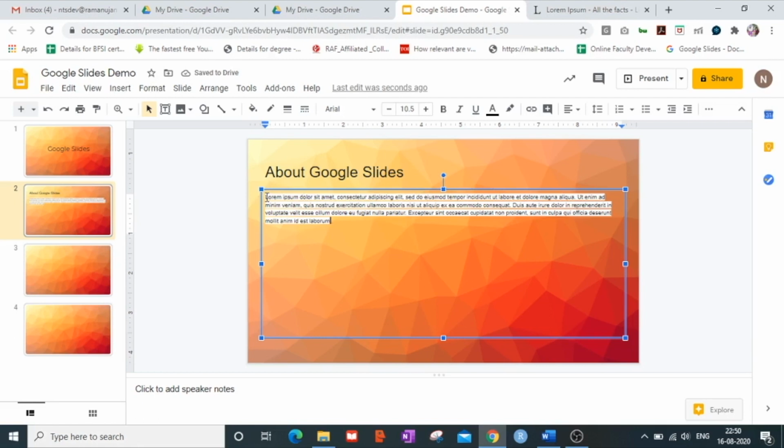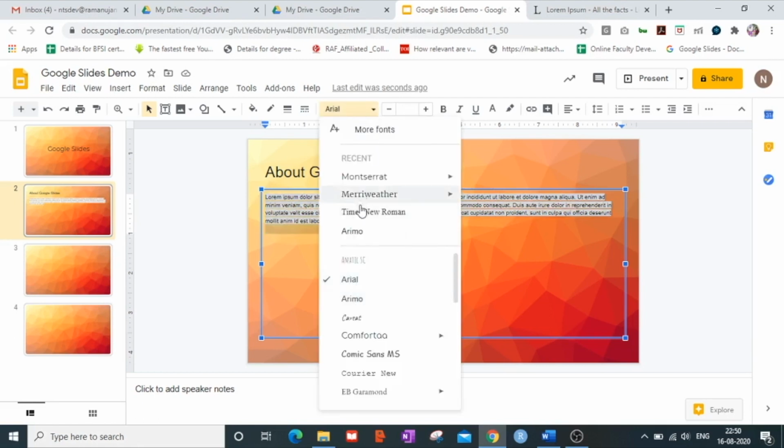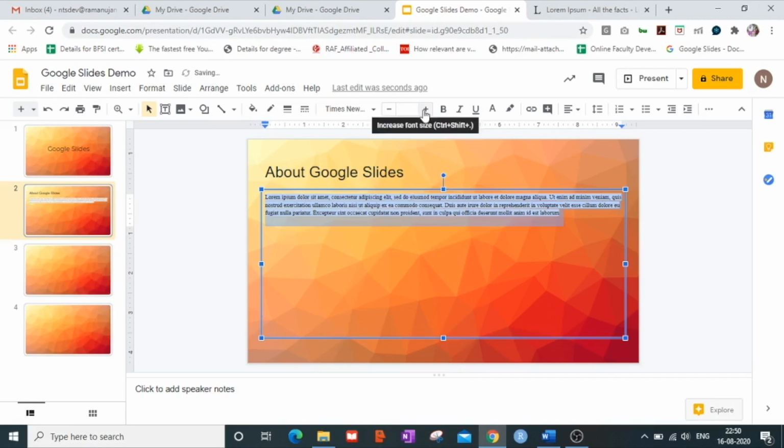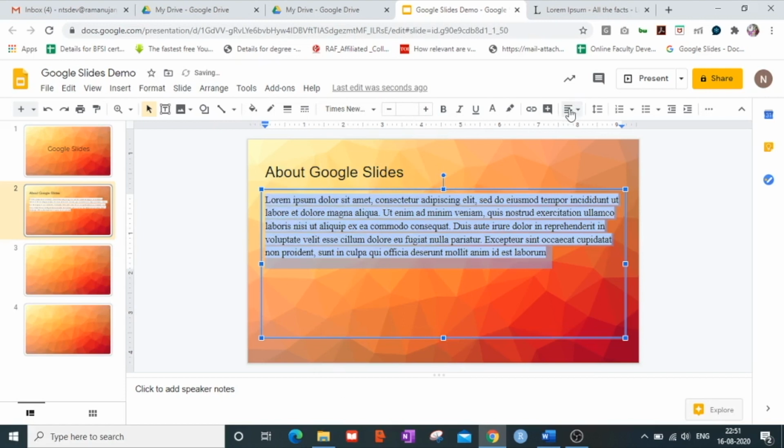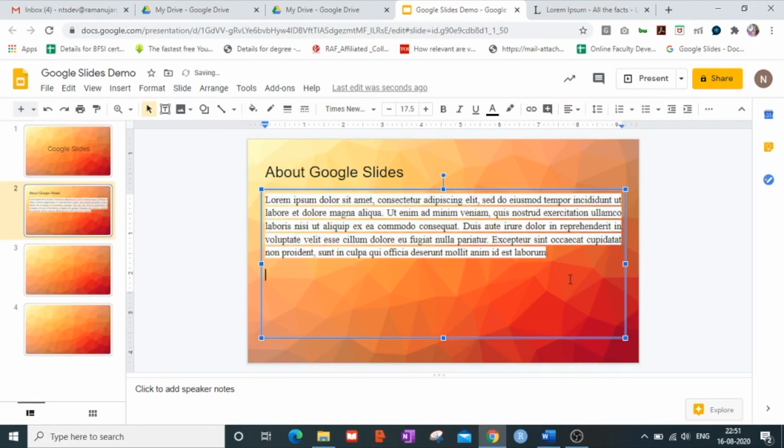You can again change the font as well as the font size of this particular text. Okay, and particularly you can also make the indentation as appealing as you like. There are two ways in which you can add an image just in case you would like to make your slides look much more appealing to your viewers.